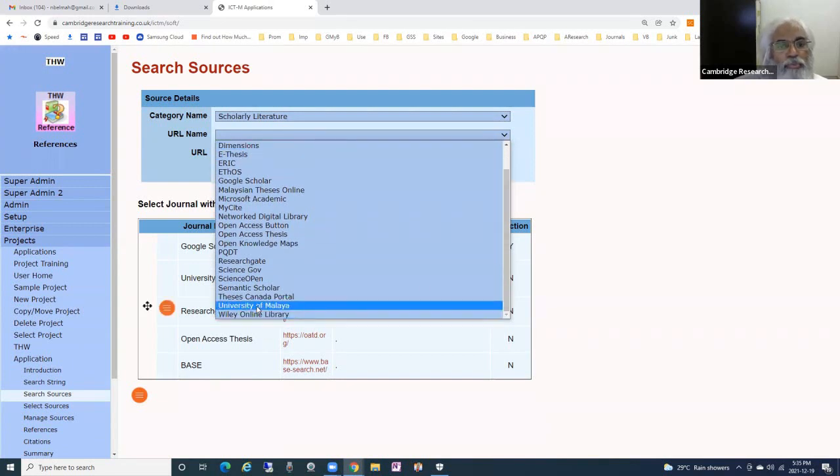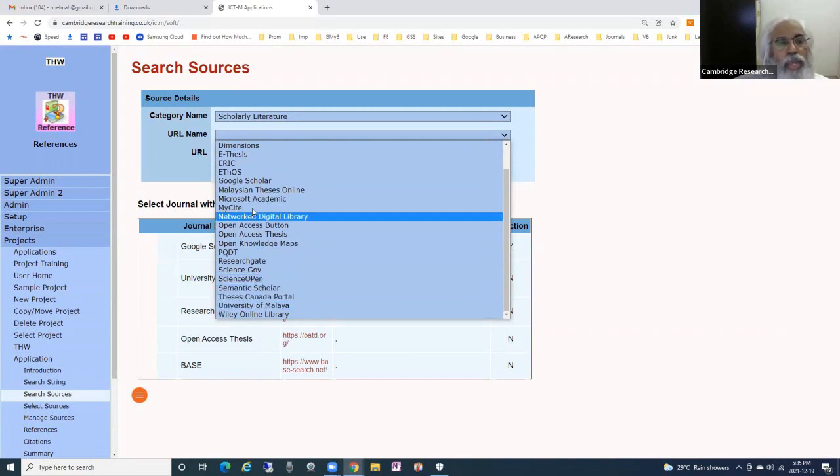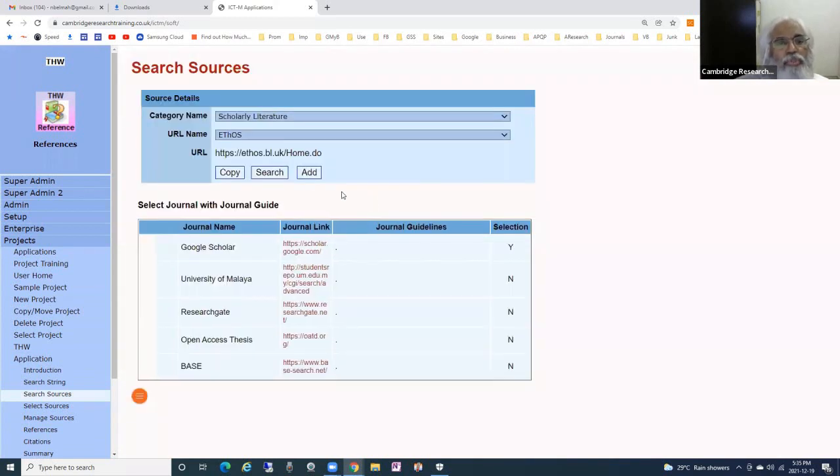Wiley, University of Malaya, Thesis Canada portal. So you can look at any one of these, and when you selected this, let's say like you selected ethos, okay, I'm not sure what it is. So the URL comes here, and if you find it good,